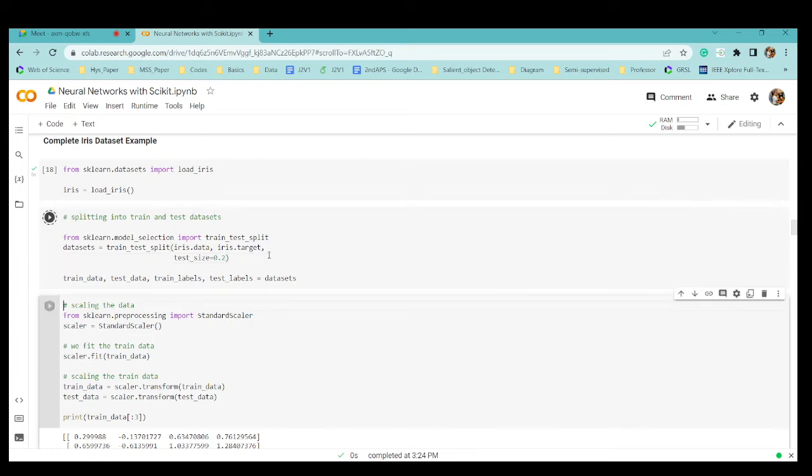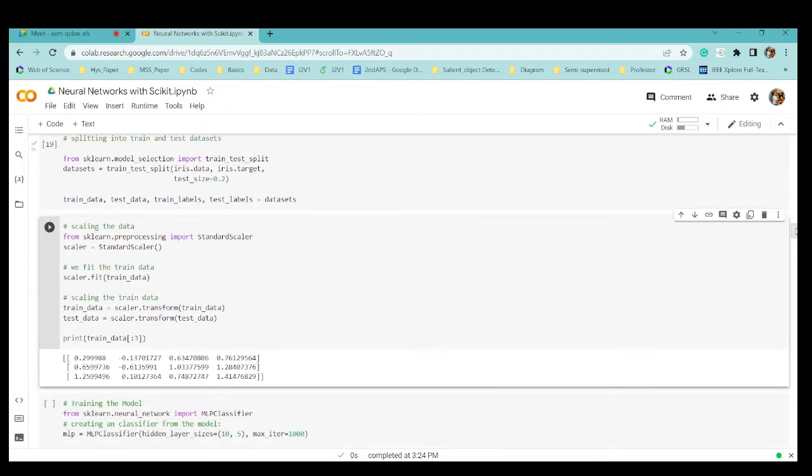Now there's something called scaling the data set, which we have been doing. Why do we need it? Because some data sets are not in the same range.